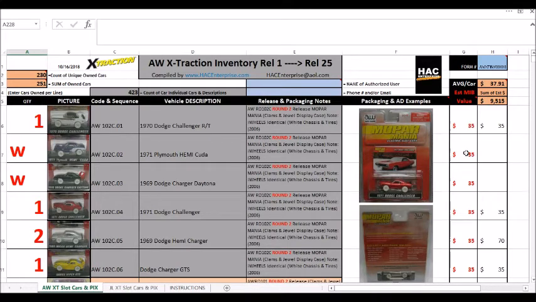Here's a key field. Now, they're pre-populated. The MIB, or mint in box value, has been placed by me based on my 50 plus years of experience, and you can see in other videos that I've built database information that's got thousands upon thousands of completed auctions for multiple brands, multiple values, multiple cars, and so forth, knowing full well that these values change over time,